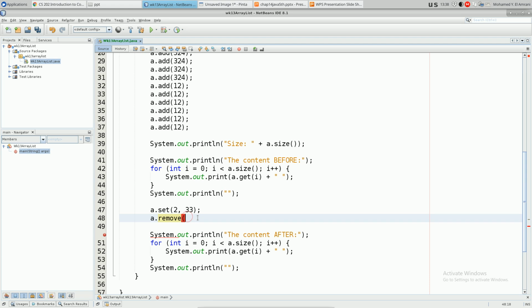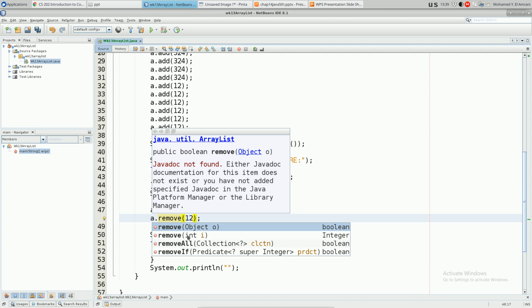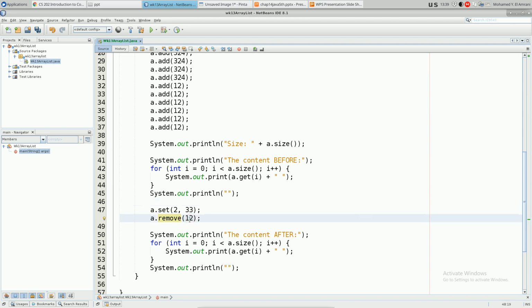If I put 12, what am I removing? Is it the number 12? Yes, that means the number 12 is going to be removed? No. Which one do I have to remove now? It will remove at the position. Okay, which one is going to be called, the one with an object or the one with the int? I sent an int, so the one with the int is going to be removed. If I'd like to remove an object,